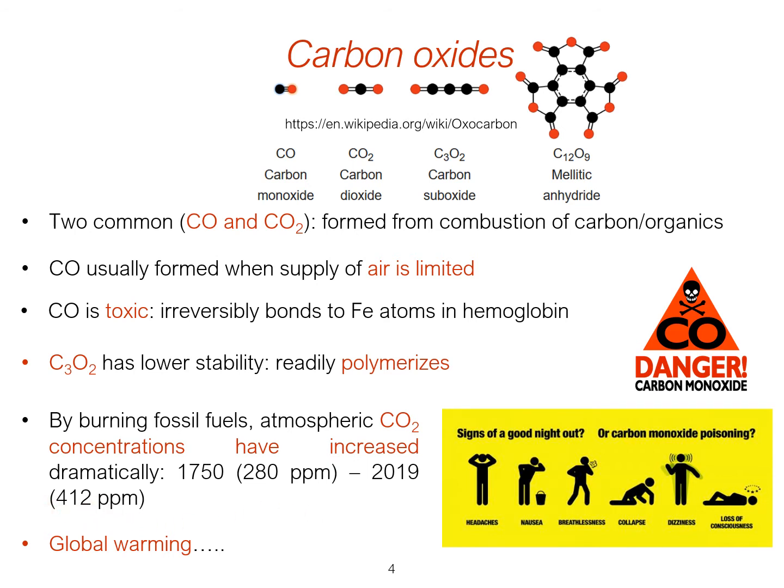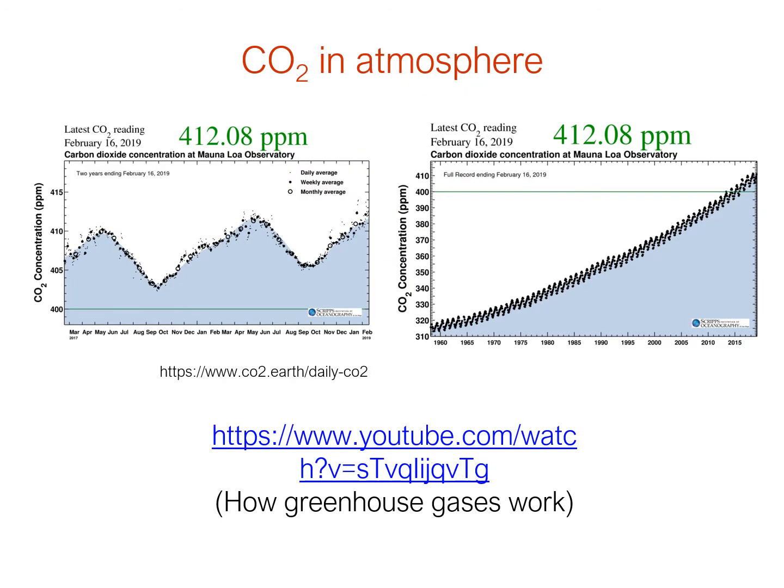And I've got an example on the next slide showing this. So you can see during the year it actually fluctuates a bit. In the summer months it goes down, probably because we're not using so much heating. But year on year you can see it's absolutely flown up. Even from the 60s it's gone up by 100